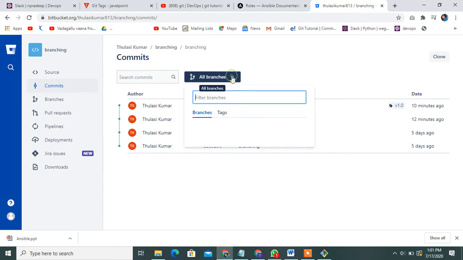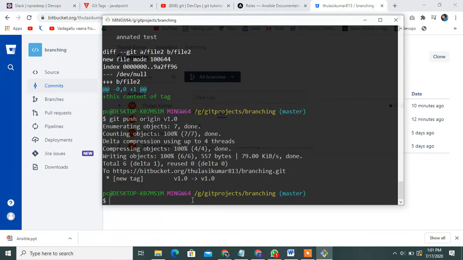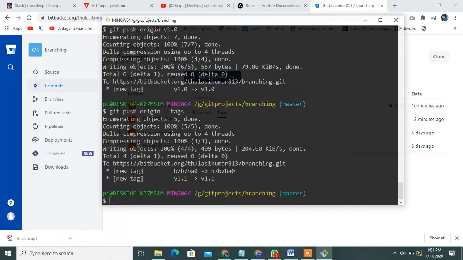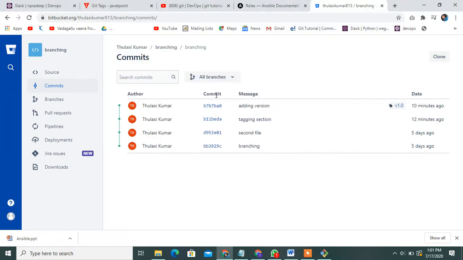See, these are all commits. See, can successfully store in the central repository. How to push all tags also in central repository. Git push, use this command, git push origin tag. Can push all this in central repository. Yes, is pushed successfully.